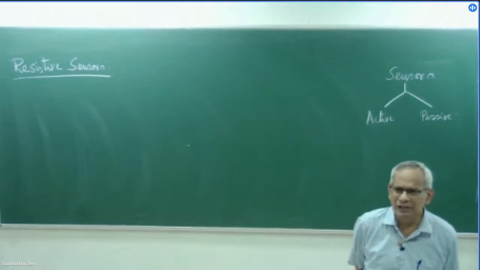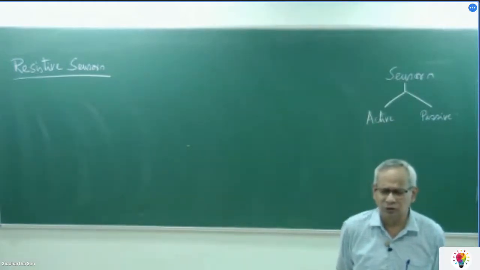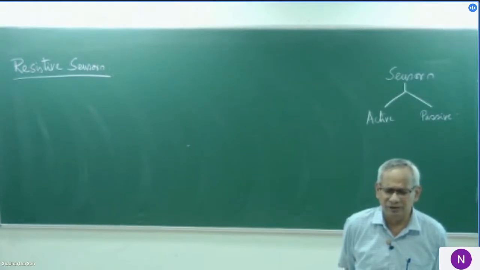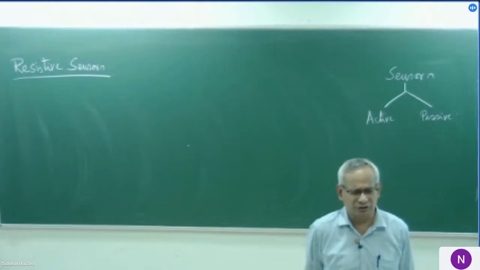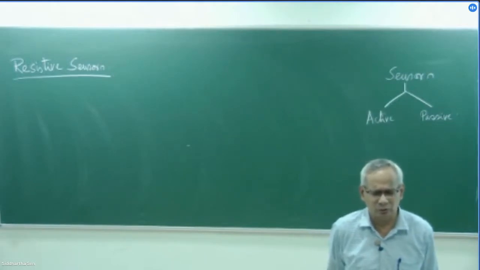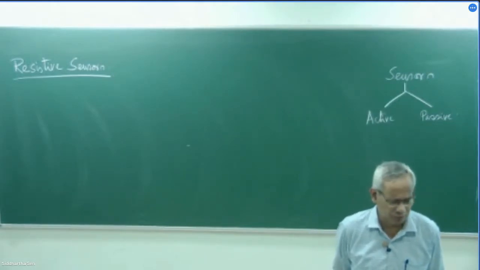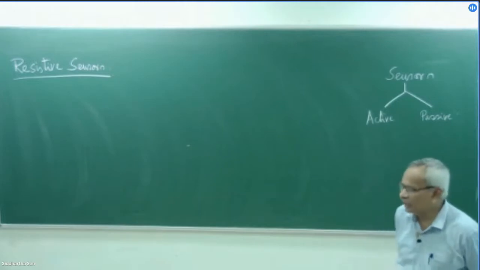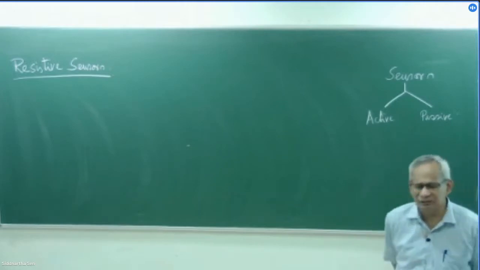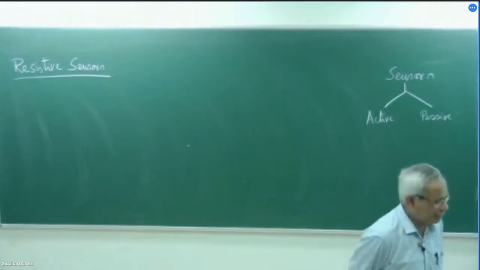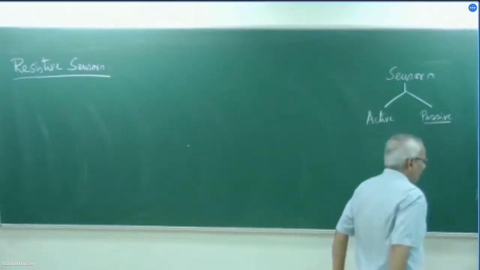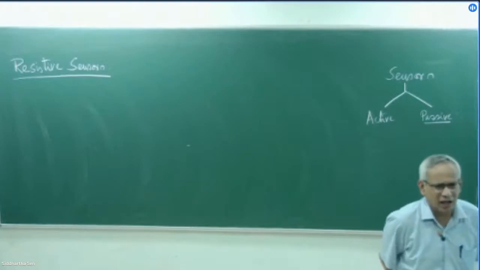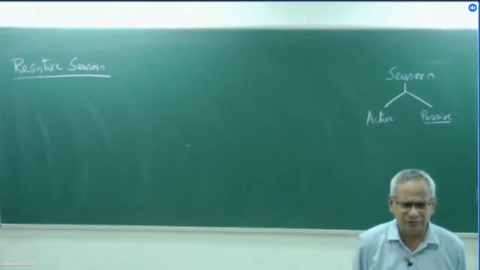Similarly, a pH electrode is an active sensor where, depending upon the pH value of the solution, we get some voltage across the two electrodes of the pH probe. Similarly, there are a few other active sensors. We will be discussing this one. But most of the sensors are what we call passive sensors.